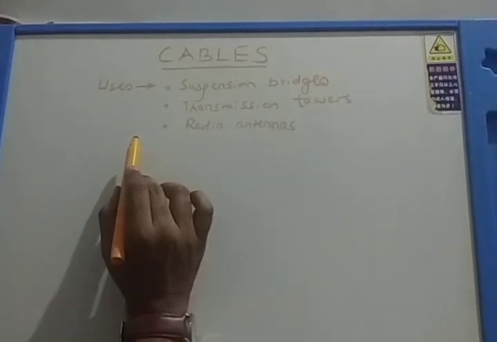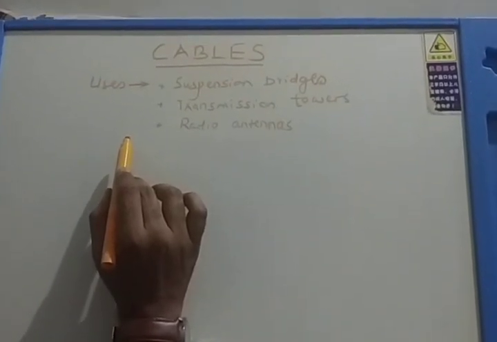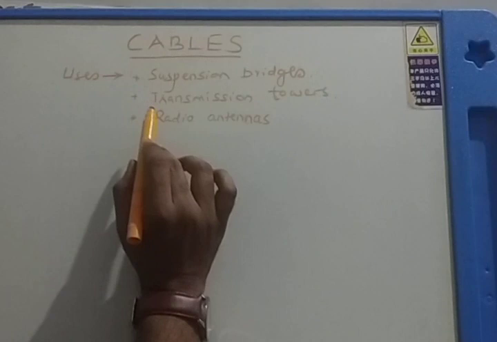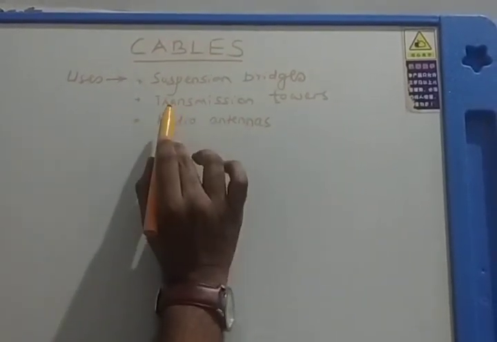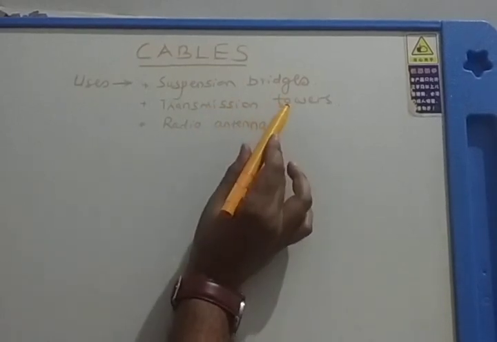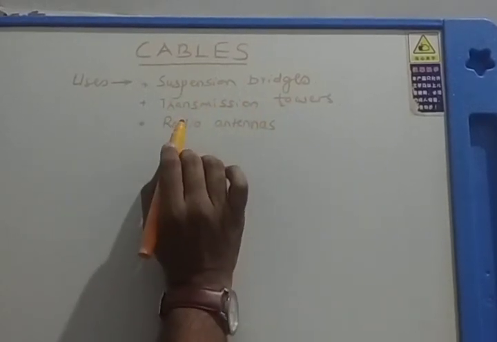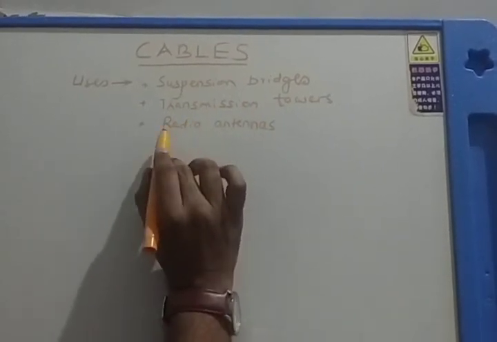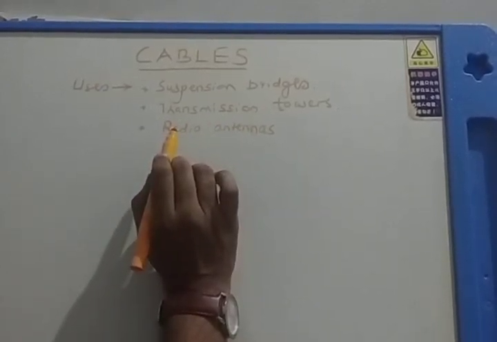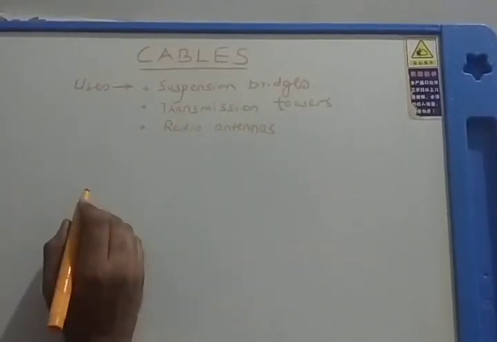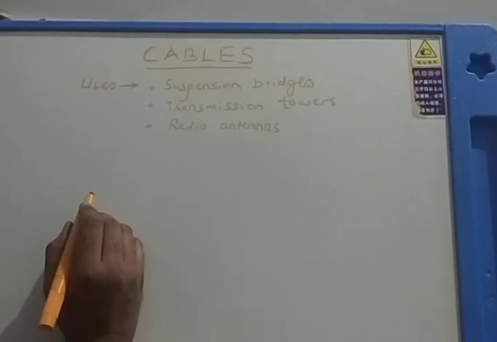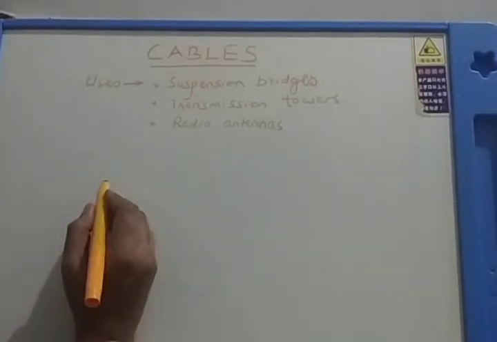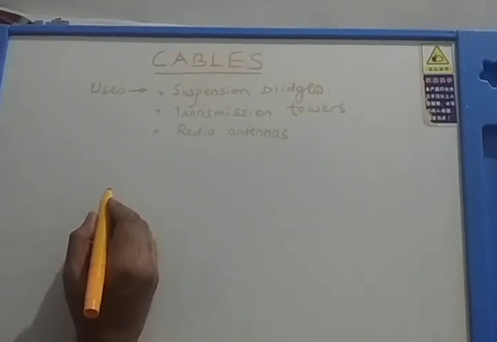find the use of the cables, long span suspension bridges. Even the small span foot bridges also you will find the cables and their use. And you also might have seen transmission towers, and there also the usage of the cable can be observed. In radio antennas you see the cables. These cables, they are basically deformable structures. They are non-linear as far as the geometry is concerned, but they are deformable structures.